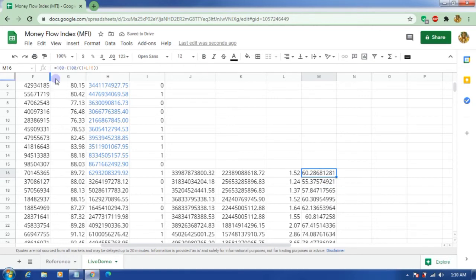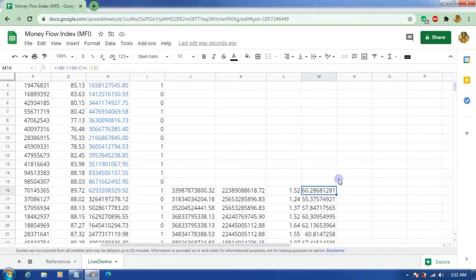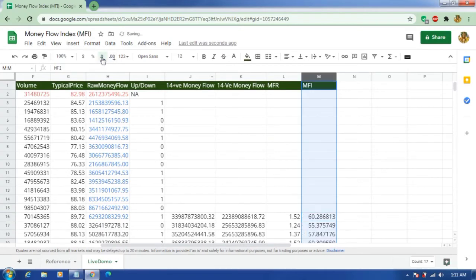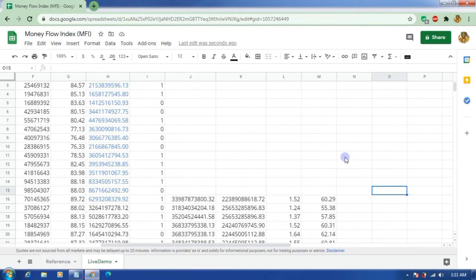Let's see the formula: 100 minus 100 divided by 1 plus money flow ratio. So let's decrease these decimals to 2. Okay, perfect. We got the money flow index, but we got some data, whether it is right or wrong.